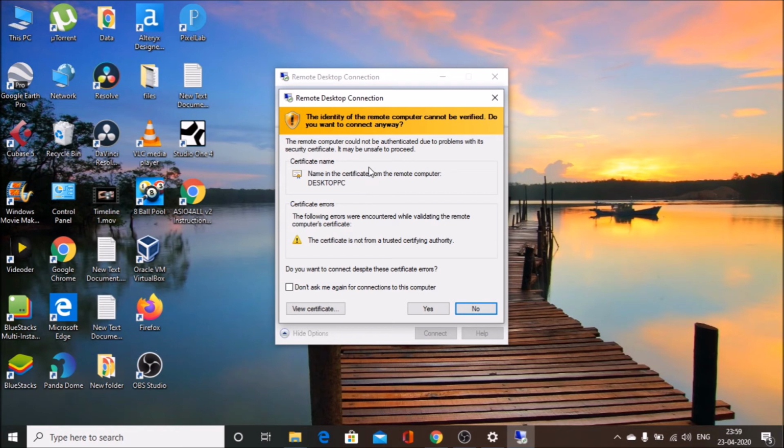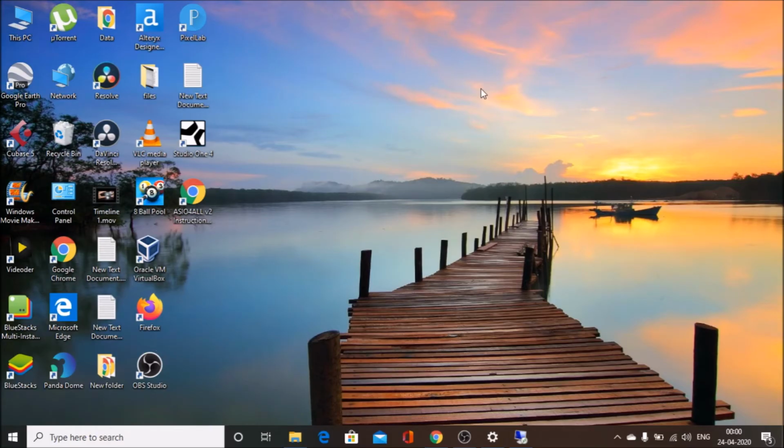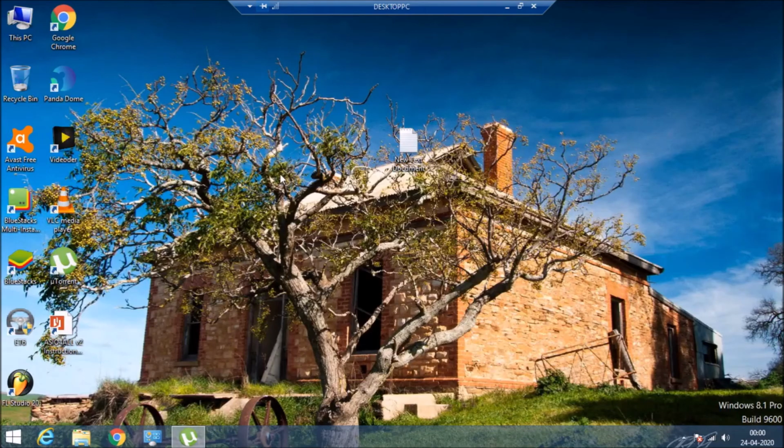After clicking on OK, we receive this screen here. We need to click on Yes here, and then we will proceed to the remote desktop connection. So as you can see, now I can access my desktop through my Windows 10 laptop. This is my Windows 10 laptop system, and from here I can access this desktop system.